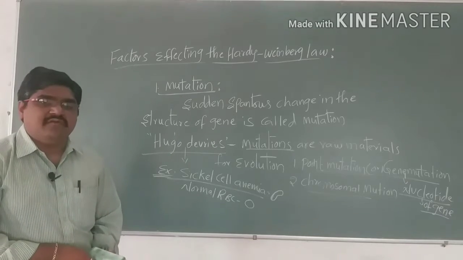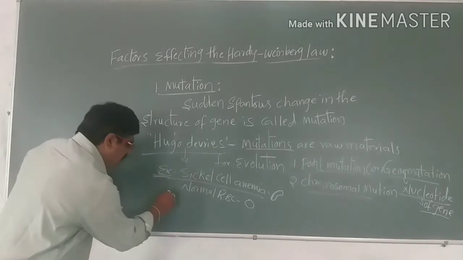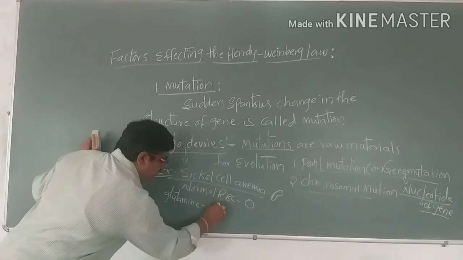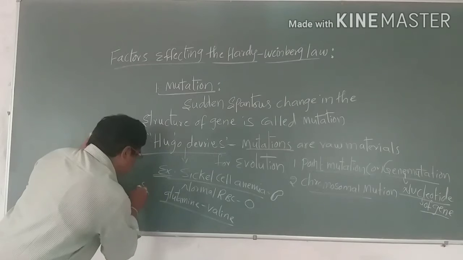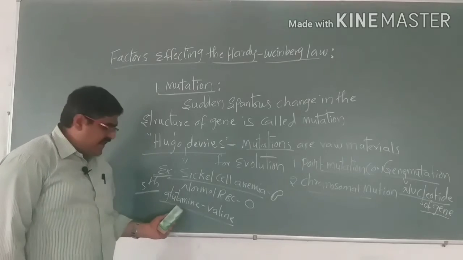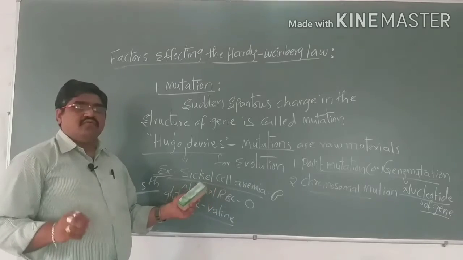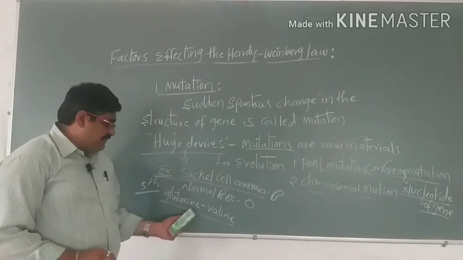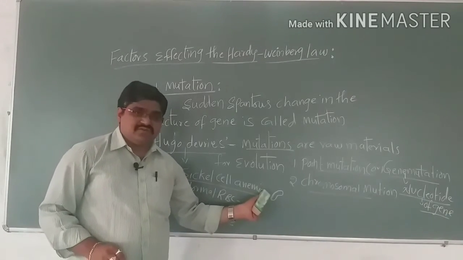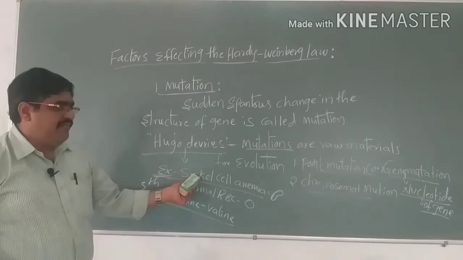That means instead of glutamic acid, here it is replaced by a valine. In the fifth position in the gene, glutamic acid is replaced by a valine, so that the red blood cells, which are round or oval shaped, are converted into a half moon shaped structure. This condition we call sickle cell anemia,